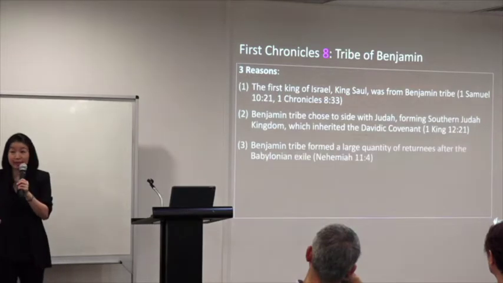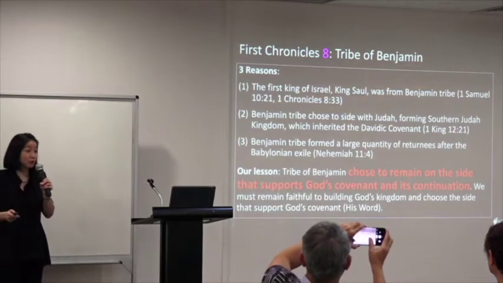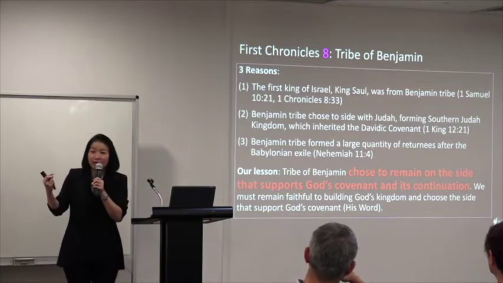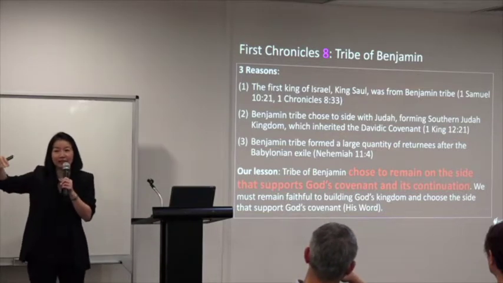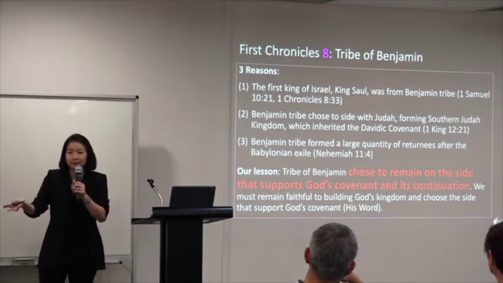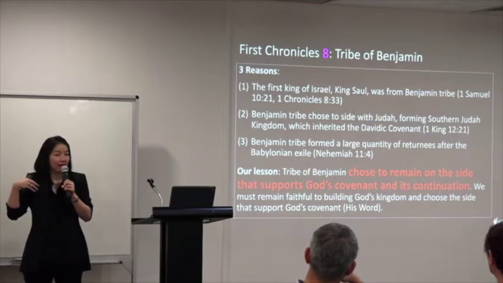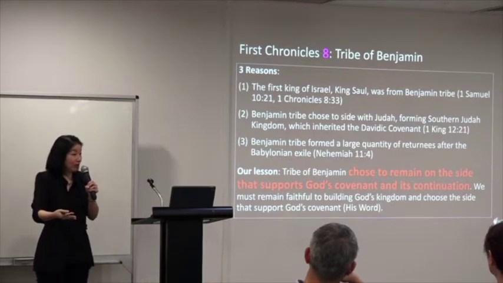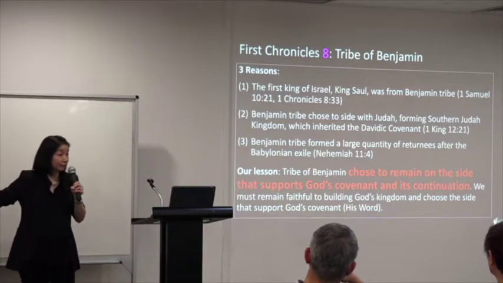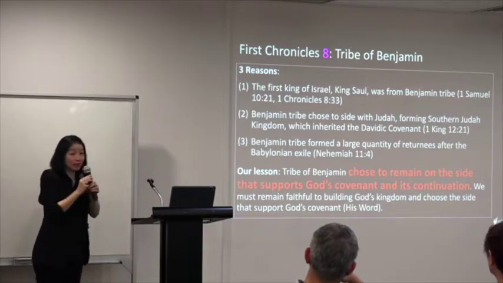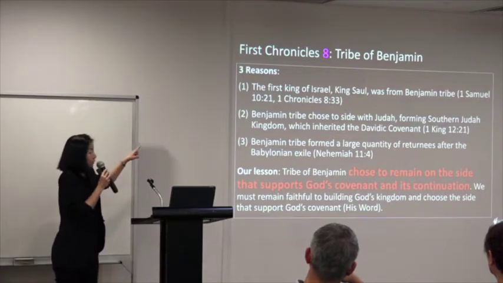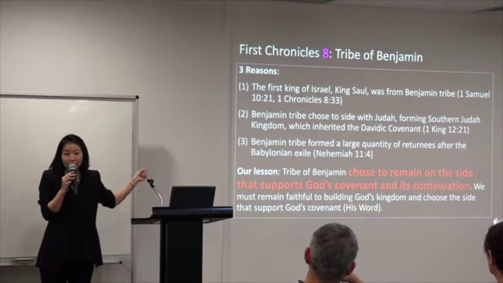First, God remembers King Saul, whom he chose. King Saul came from the tribe of Benjamin. Second, during the time after Solomon, his son Rehoboam was harsh in his policies. So the people revolted against the taxes and the requirements that he put on the people, right? So 10 tribes went to northern Israel and said, "You're not our king, we have our own king." But Judah and Benjamin were the only two that did not revolt against Rehoboam, the son of Solomon,